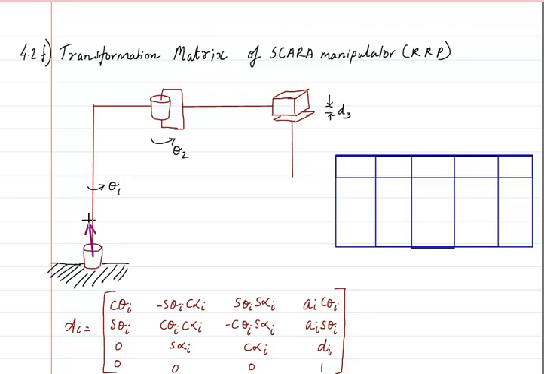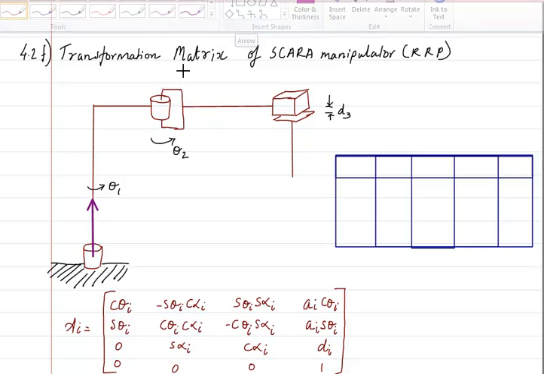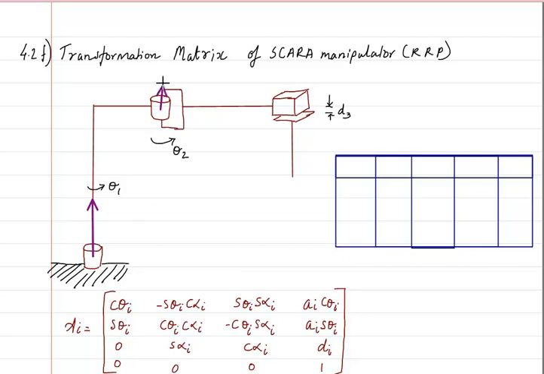So the Z axis will be here. For the second case, again, this is a revolute joint, so I will draw the Z axis basically here, and I will write this as Z1. You might be thinking, why have I not written Z0 here? That is because there is something that is going to shift this thing, so we'll see that.